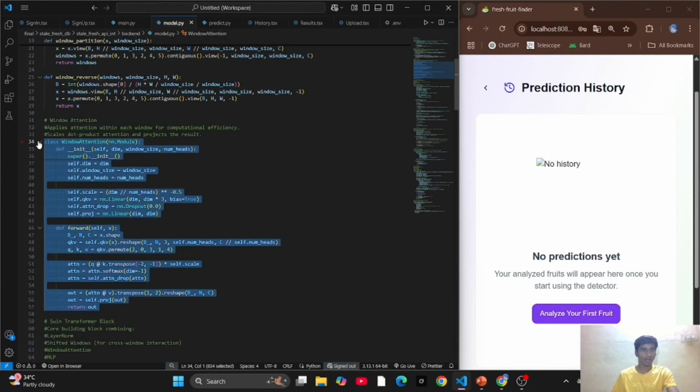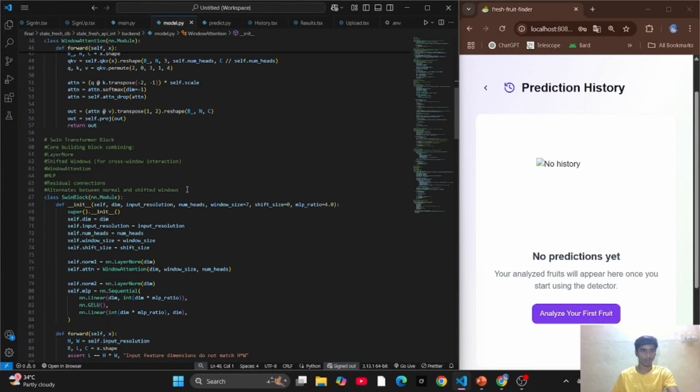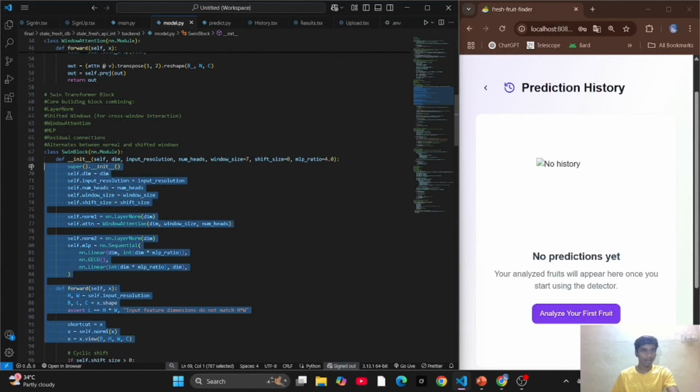And this is the window attention. In this window attention, attention is applied within each window for computational efficiency. It applies scaled dot product attention and projects the results. And this is the main Swin